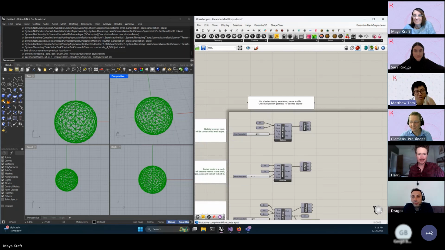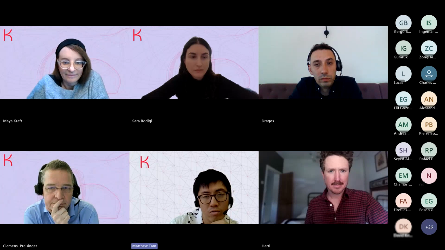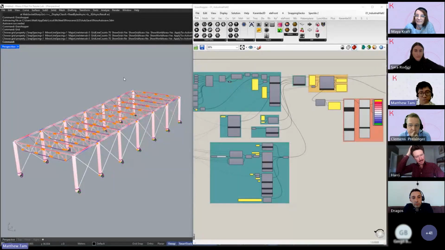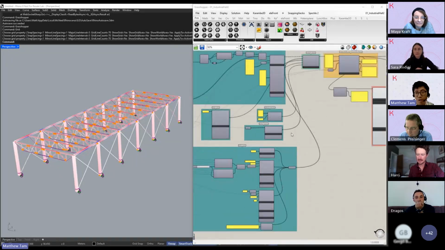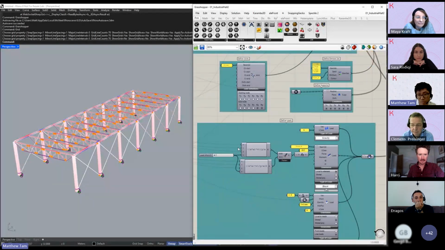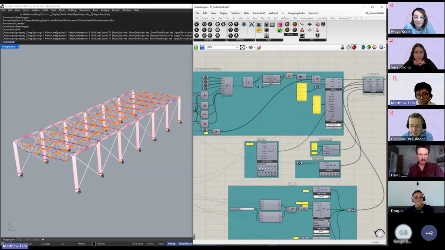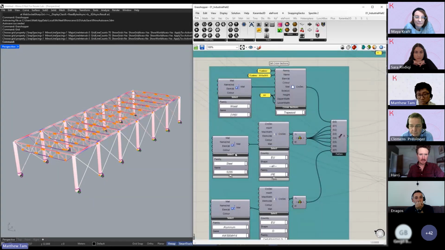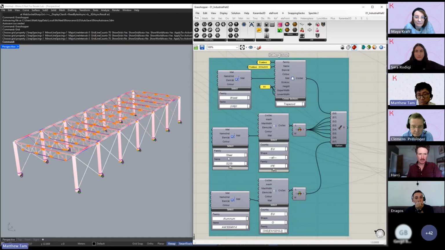Thanks, Maya. So now I will share something about the Power BI workflow. This is not really a new development per se, but it's something that we have been testing out a bit on our side with the Speckle export Karamba model to Speckle feature. Speckle themselves have also done a quick fix to structural models, which allows you to now import them into Power BI to create these dashboards. So here I just have a model which has various materials and cross sections: timber, some steel and some aluminium cross sections,